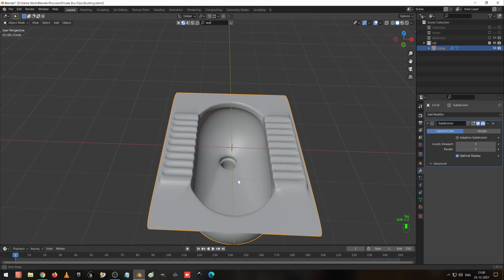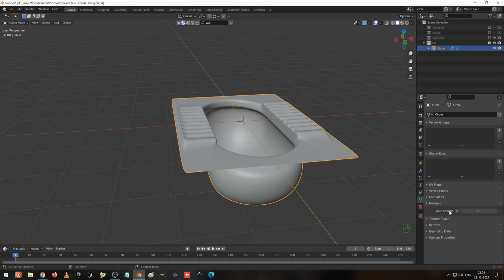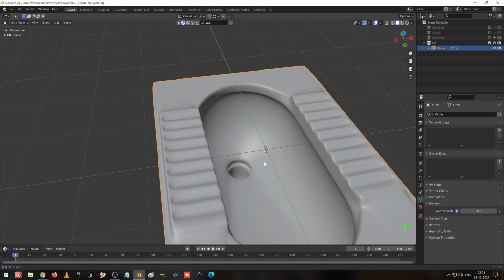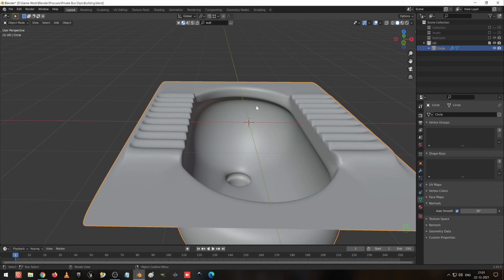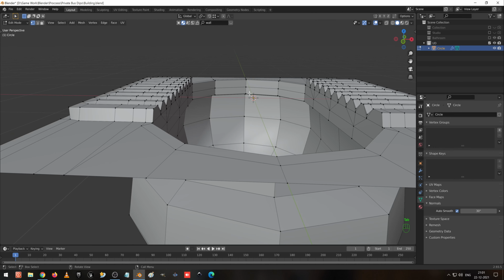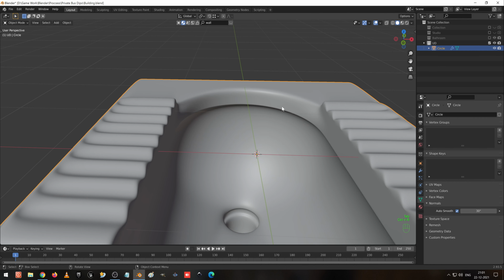I go to the solid view, right click, shade smooth, go to the triangle and make it auto smooth. Now here, this is the basin we have designed. Here we can see it doesn't have a sharp edge, so I'm going to give one more edge clip here, which looks nice.